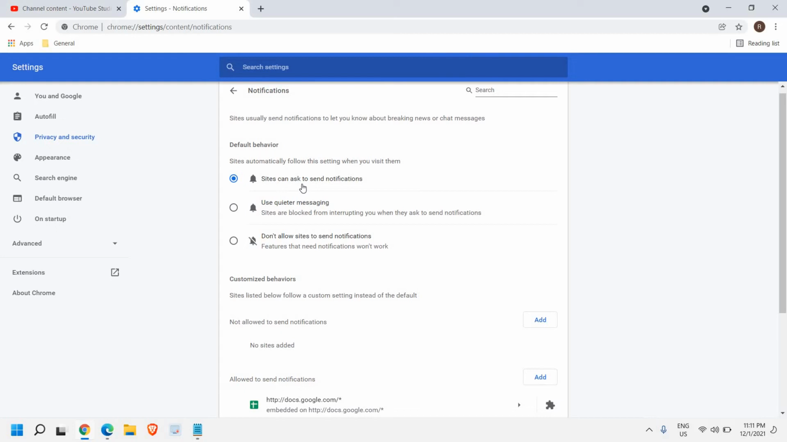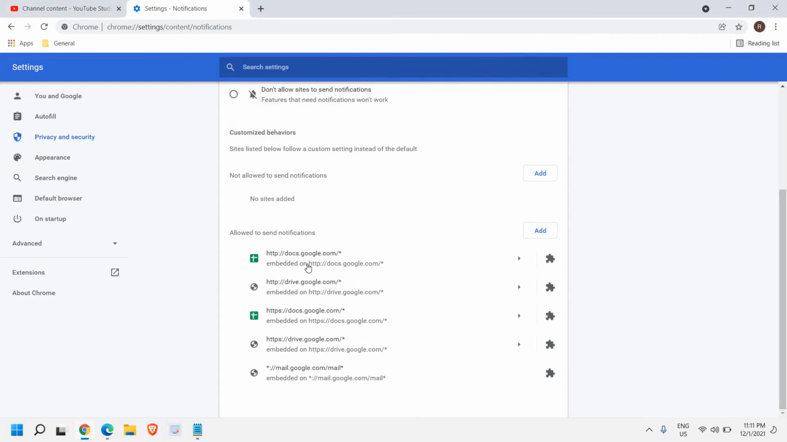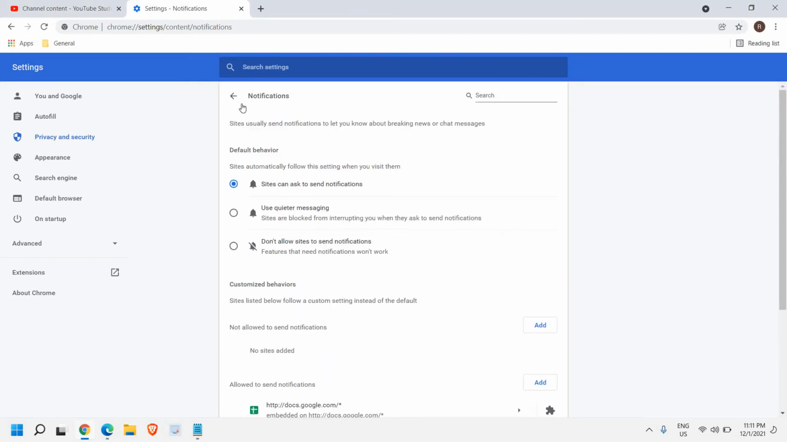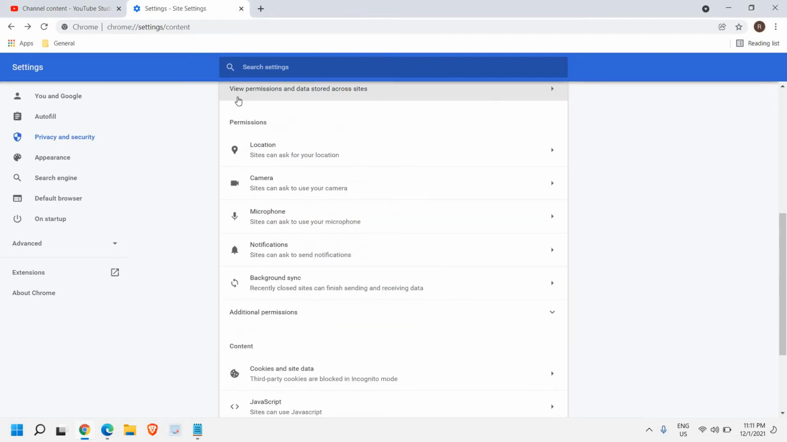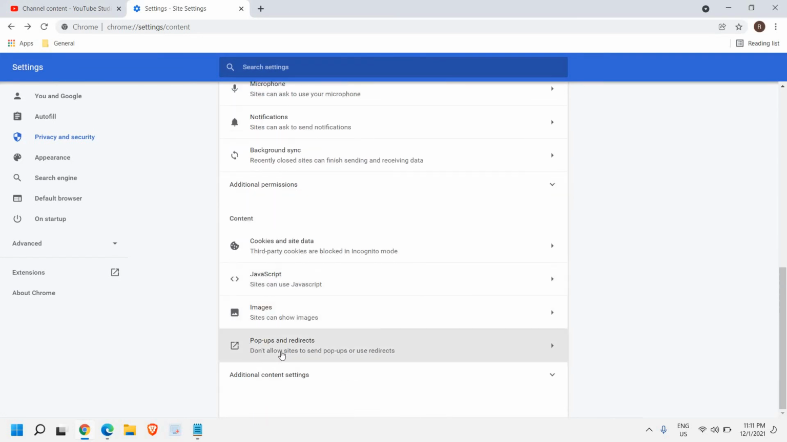You can select this. Sites can ask you to send the notification or don't allow sites to send the notification. So you can do that, and whatever the sites you have allowed to send the notification, you can check it from here and you can also remove it from here. And once you are satisfied, just click on back and we will scroll it down more, and here you will